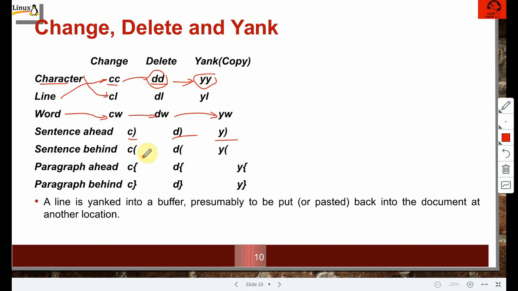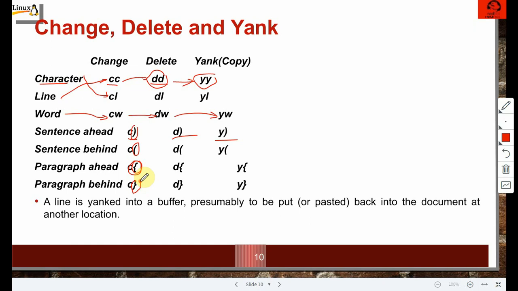Same way sentence behind, paragraph ahead, paragraph end. If you notice, for sentence we use parentheses, for paragraph we use curly braces, behind we use open, and ahead we use close. So we need to practice, we need to try these commands, and there is no guarantee.